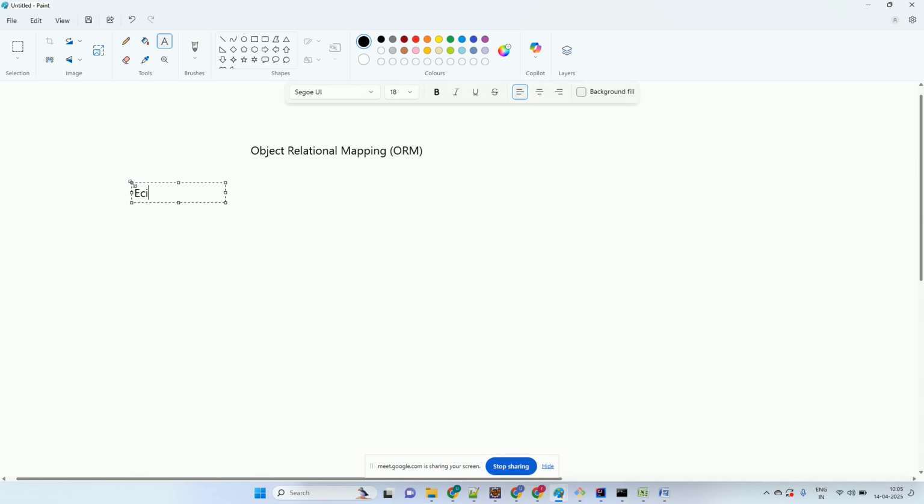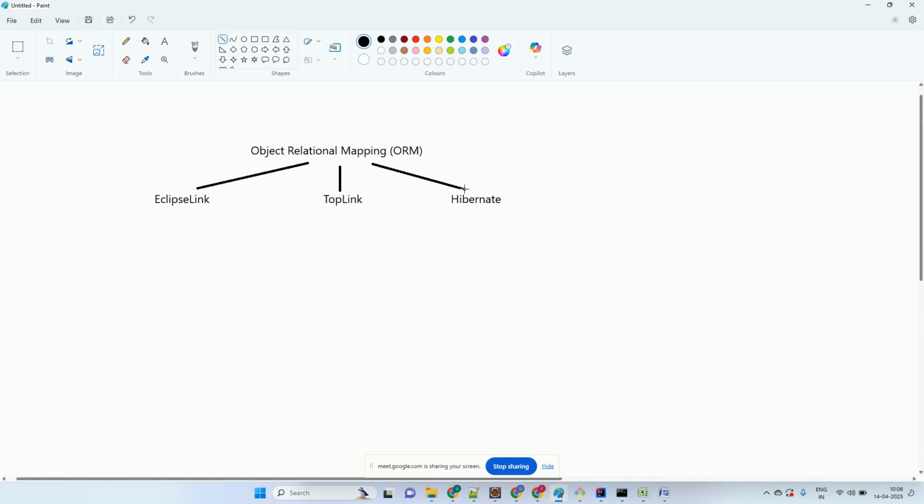Eclipse Link is an ORM. Top Link is an ORM. And similarly Hibernate also is an ORM. So the ORM which we are studying in our syllabus is Hibernate. Now what this Hibernate ORM does is,